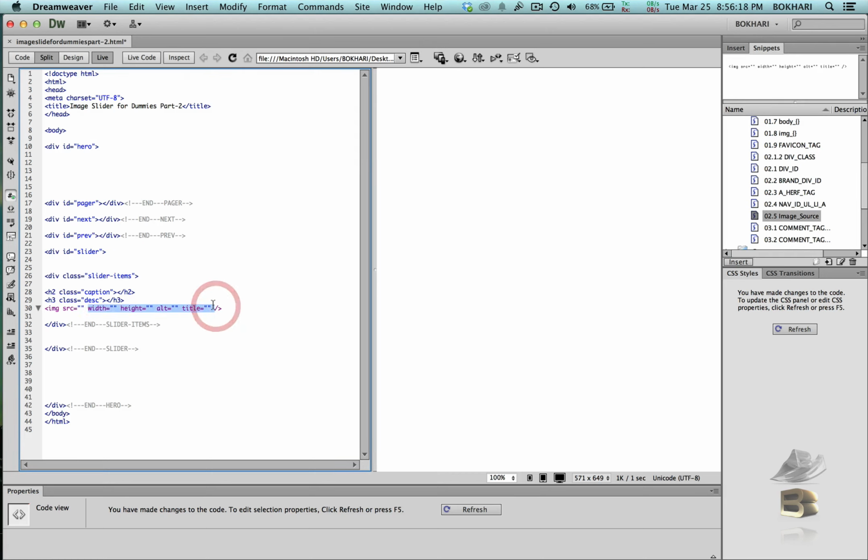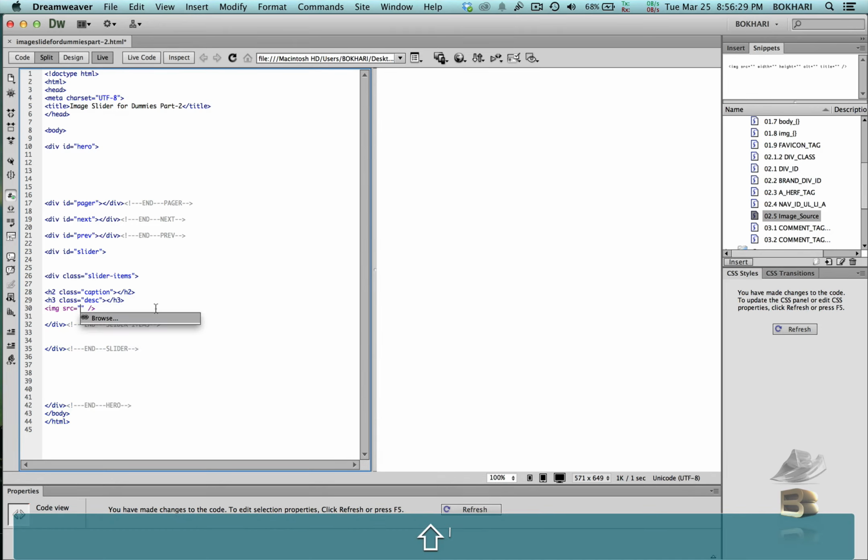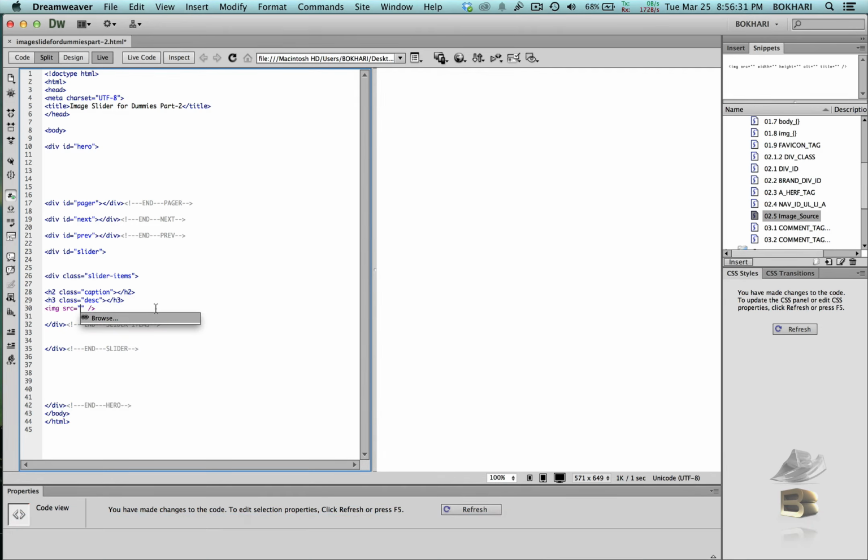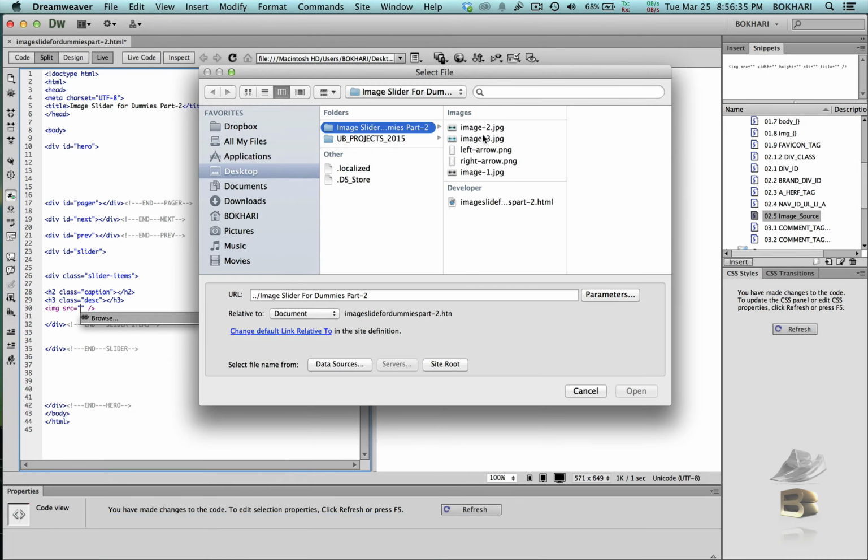Simply move this, you don't need to have that, and just remove the first double quote and give the double quote again, and then you will have this browser option popped up. Then press enter, and then go to desktop where we have created our folder, and within this folder